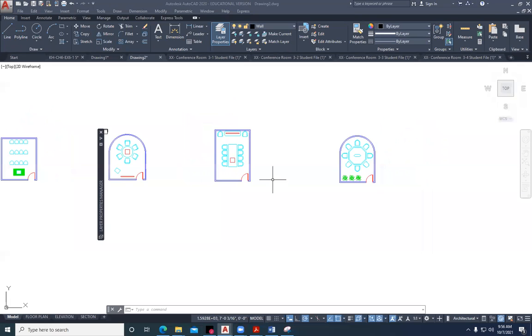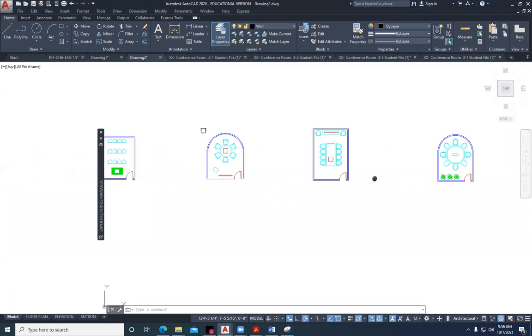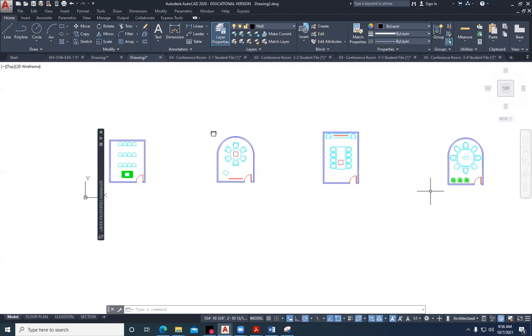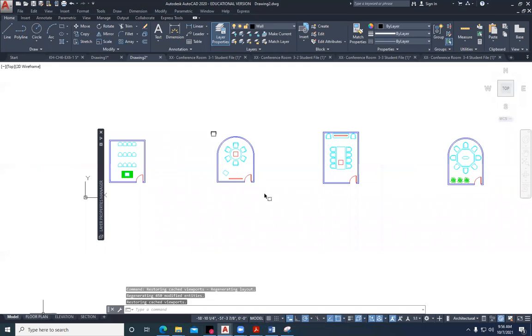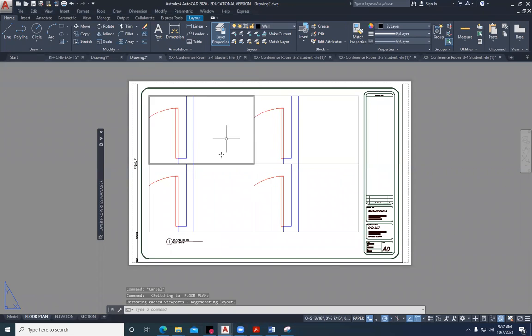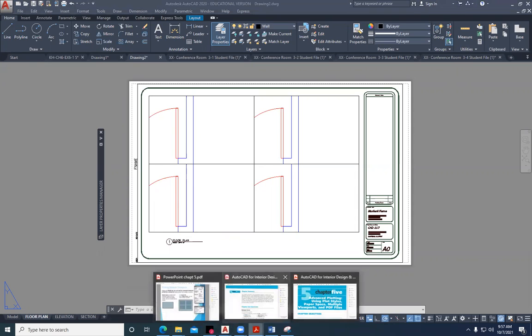Resuming. So what we've done is we've created a drawing with 4 of the conference rooms and this architectural title block. If I go back to the title block, you can see that the viewports have been created, but they haven't been set up. And so if we take a look at the exercise,